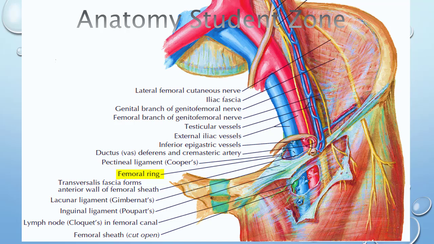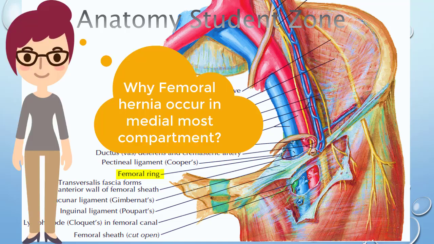So now I will tell you the answer to this question: why femoral hernia occurs in the medial most compartment, and why femoral hernias are more common in females. The reason is that this medial most compartment doesn't adhere to the wall of the small lymph vessel, whereas we saw that the femoral sheath adheres to the adventitia of the blood vessels, blending inferiorly with these vessels. This femoral canal is not going to fuse with the wall of a lymph vessel. Because of this non-adherence to the wall of the small lymph vessel, this is a potentially weak area. That's why the hernia occurs here.